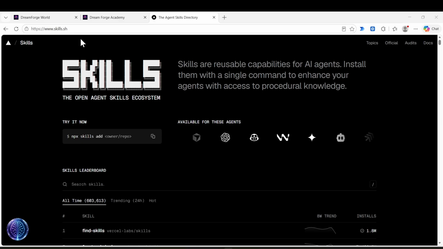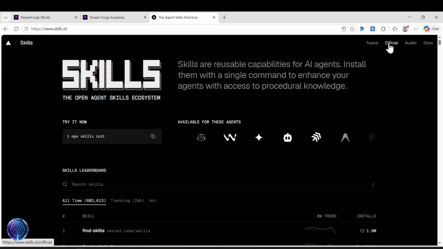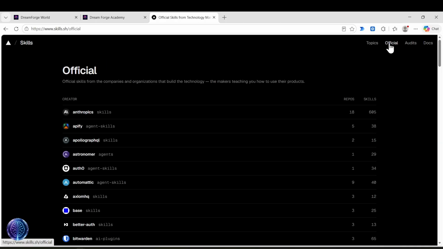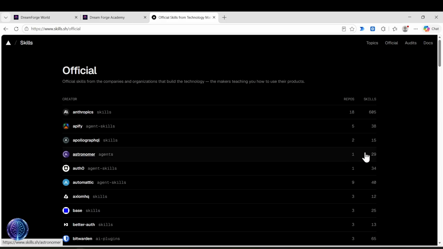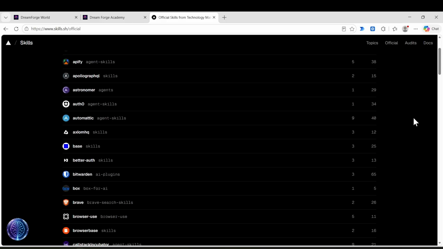So if you're not familiar with skills.sh, just enter this in your browser and you can search for skills here. Just a word of caution, make sure that you pick safe skills. There could potentially be some that are a little suspect. So generally stay with the official ones or the trusted ones, or one that you know the source of, like me, which is verified and trusted.